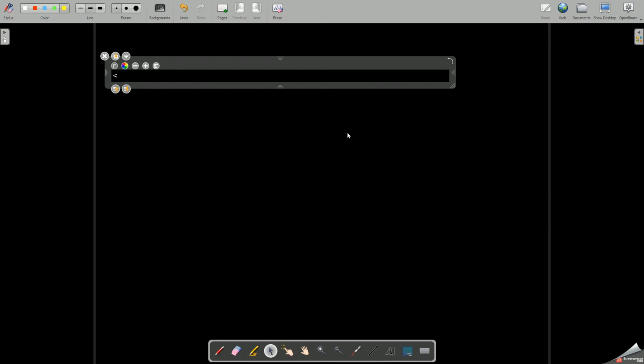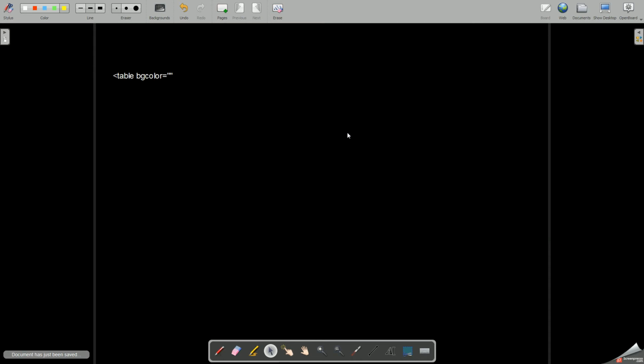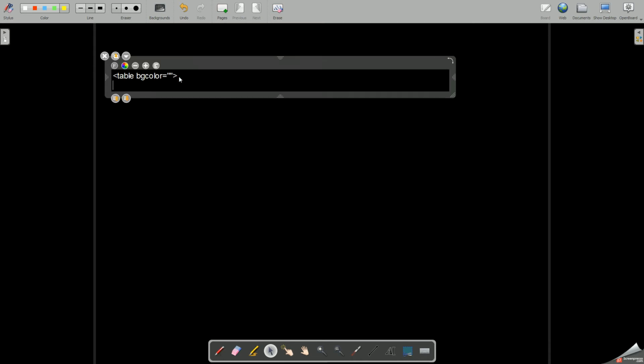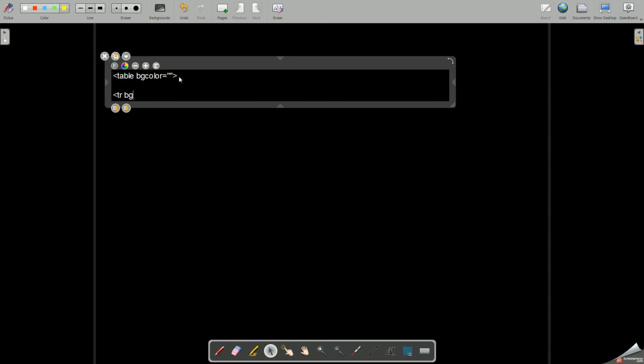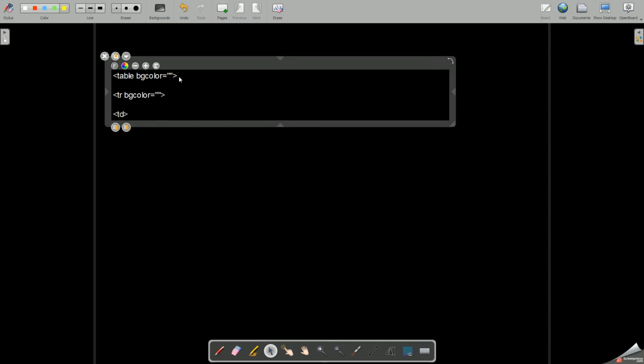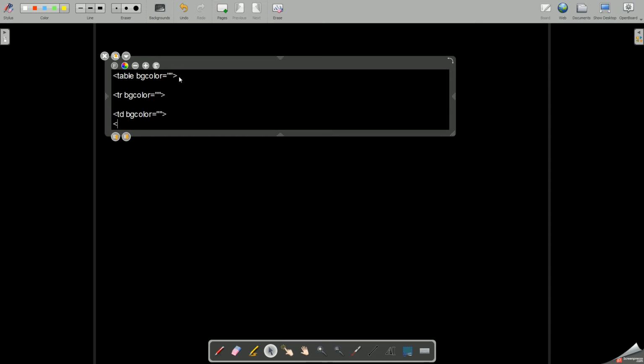That is, for example, if you have to apply it on the entire table, then you have to apply BG color attribute on the table tag. If you have to apply it on any particular row, you will be using the TR tag, sending BG color option there. So the color would be applied on the entire row, and if you want to apply it on any individual cell, so within the TD or TH tag, you will apply BG color. So TD or TH. TD and TH have the same property, students, because the only difference is TH is for a header row cell, whereas TD represents a normal cell.